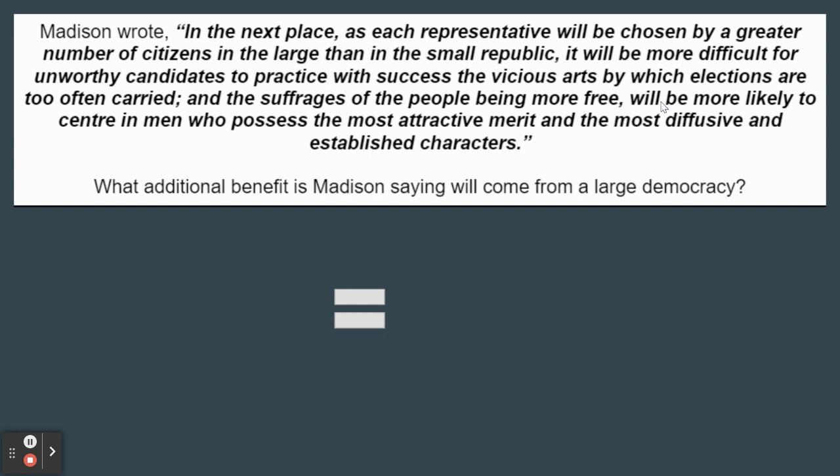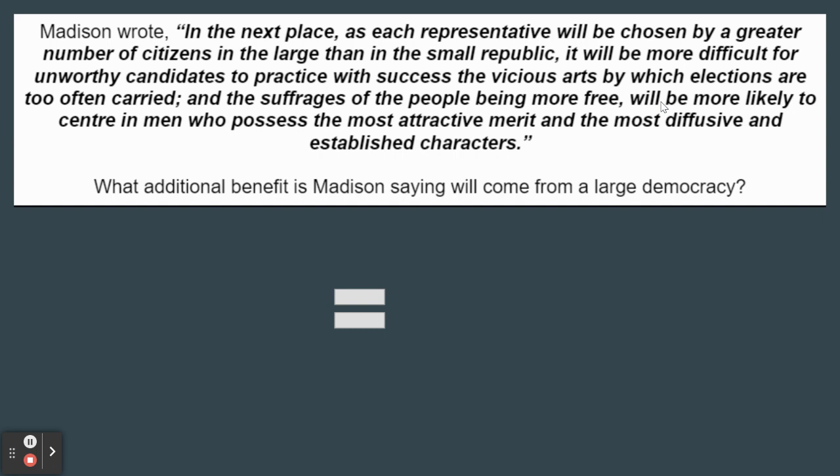All right, next reason. Again, I advise you to read the quote to yourself, pause the video, read it in your packet, see if you can figure out what's going on in the quote, and then we'll review it. All right. The last additional benefit that Madison is talking about that will lead to the benefits of a democracy in a large country,